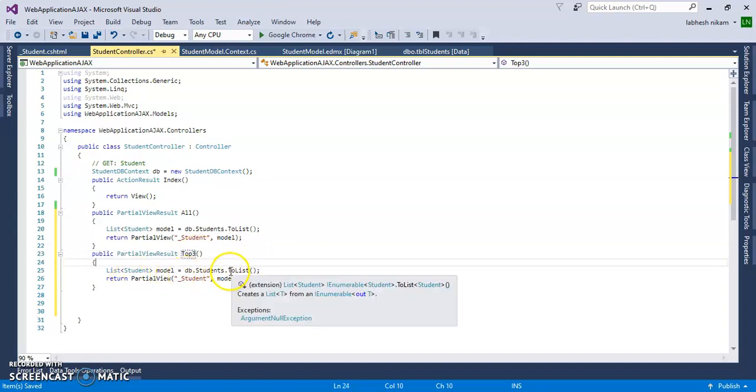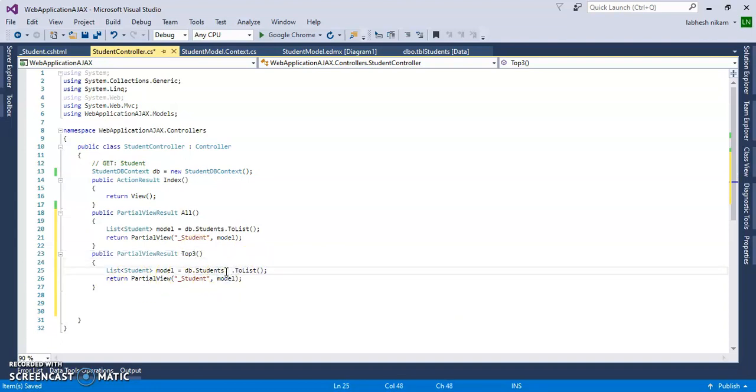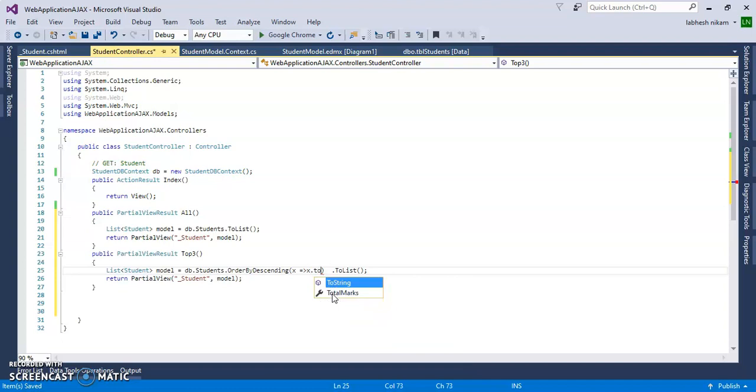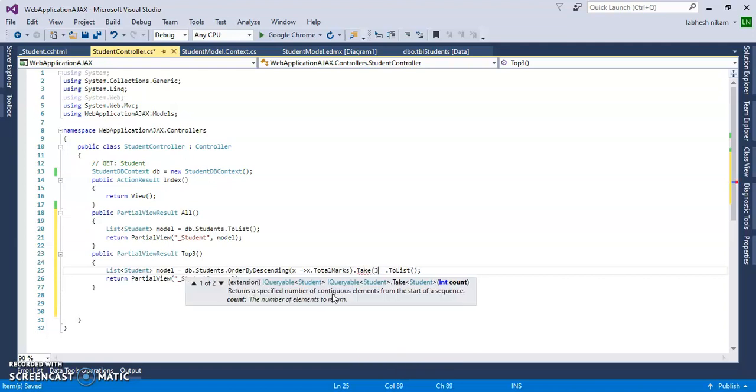Here we will add db.Students.OrderByDescending, x such that x.TotalMarks, .Take(3). We want only 3 records, so Take(3).ToList.